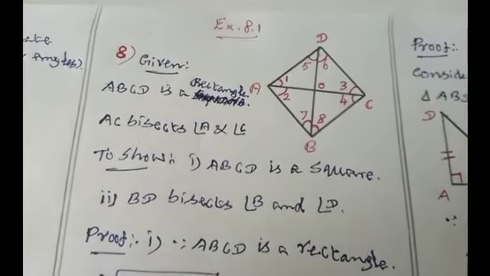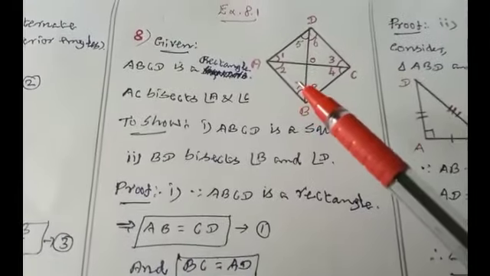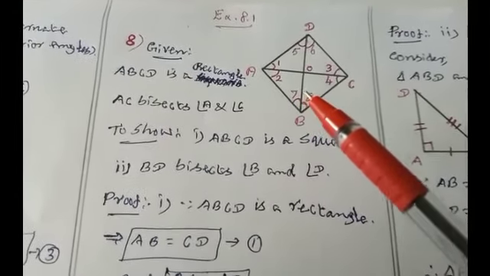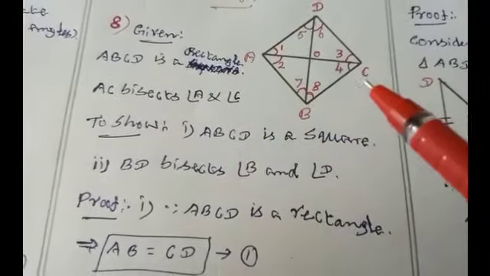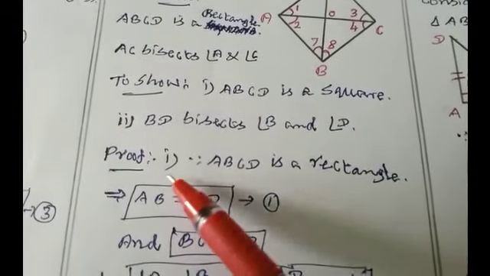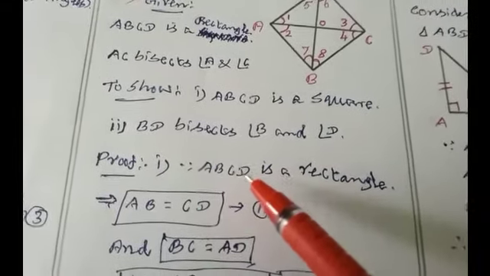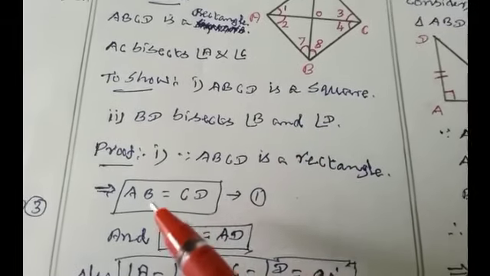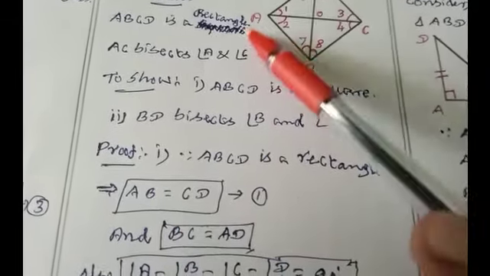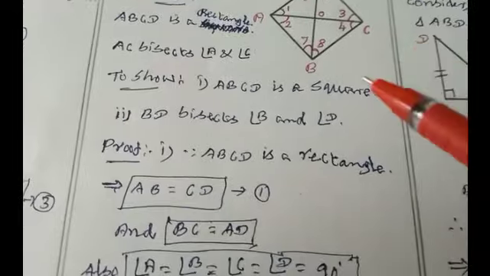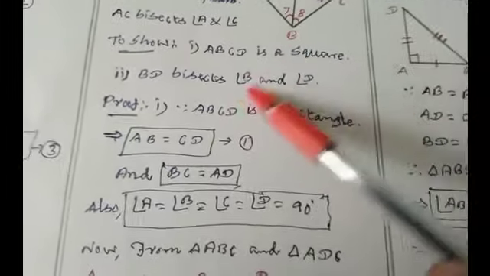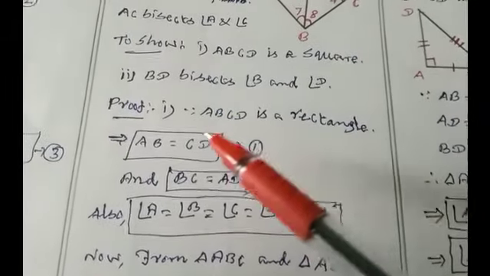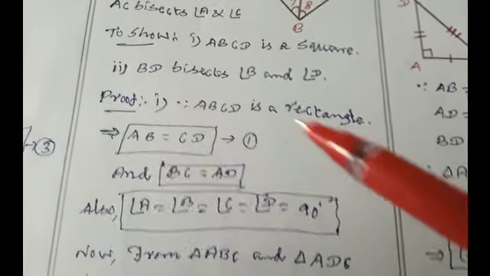Okay. It's like the seventh sum. Seventh sum, it is given as ABCD is a rhombus. Okay. But here it is given as ABCD is a rectangle. Okay. Now for proof for subdivision 1, since it is given as ABCD is a rectangle, which means opposite sides are equal, which means AB is equal to CD. Similarly, BC is equal to AD. Okay. So this is length and this is breadth. So AB is equal to CD, make it as equation number 1.